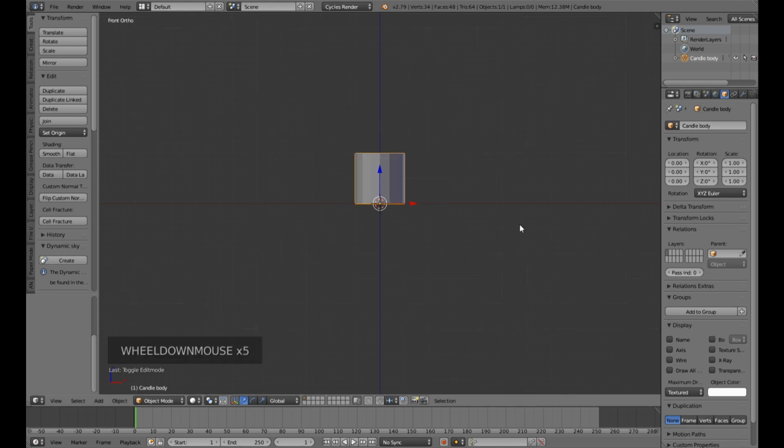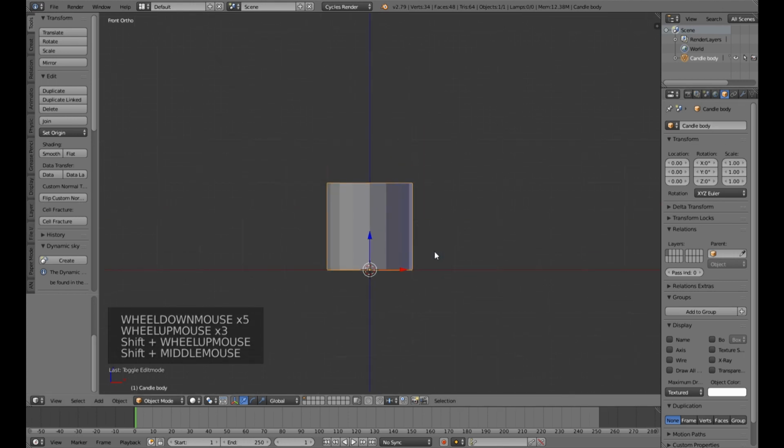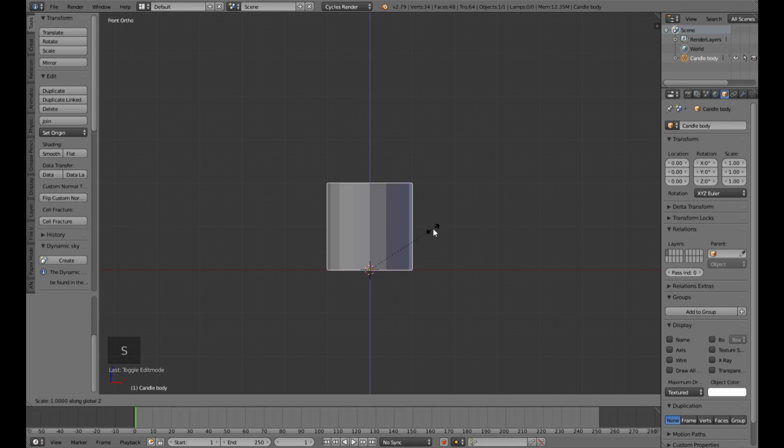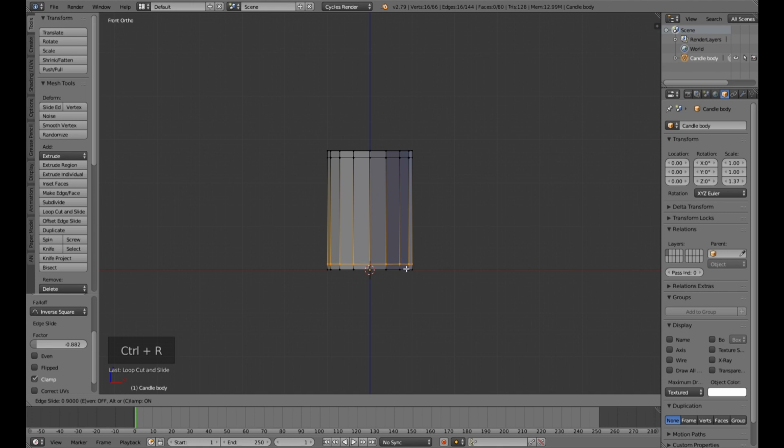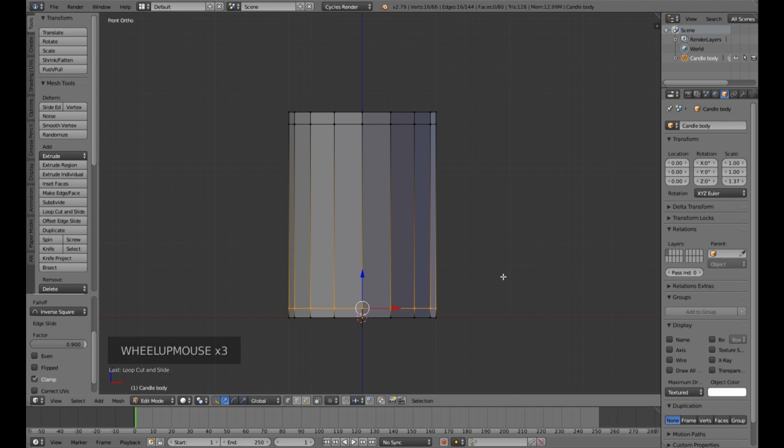Yeah, candle body. Although it's not resembling anything like a candle yet, it's now time to scale it up along the Z axis. S and Z to increase the size a little bit, maybe till there, and then go to edit mode. Let me introduce a loop cut right on the top, right about there, and at the bottom, right about there. Okay, having done these initial steps, it's now time to